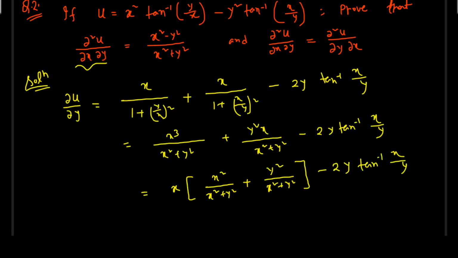So this will be 1 if we add this, so it will finally be x minus 2y tan inverse x by y. So this is del u upon del y. Okay, so if you put it in the next page,